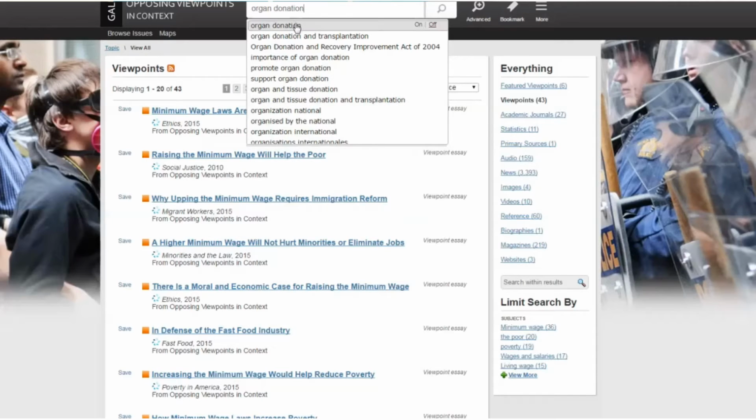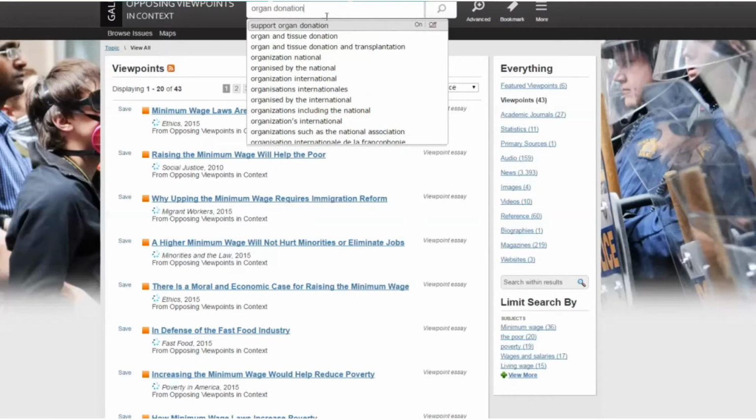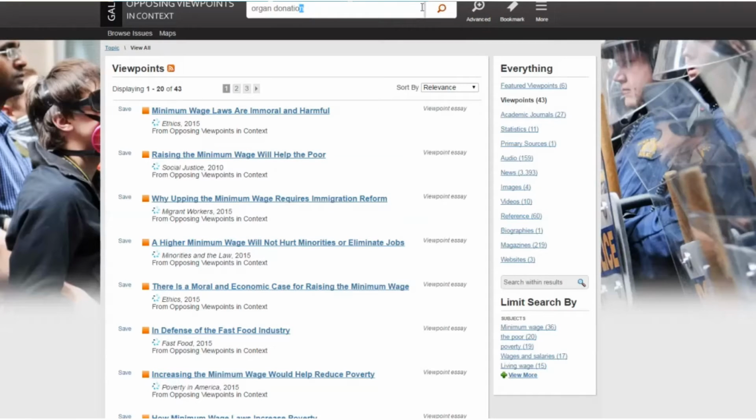And you'll notice there's this drop down menu here that gives some other ways to look at this. I don't really see anything there that's with the topic, but I might. So, what I could do is just do a search then of organ donation,